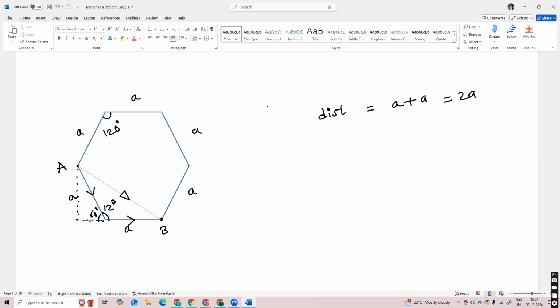Since this was 120 degrees, this angle is 60 degrees, and therefore this angle is 30 degrees. So from basic trigonometric ratios, for this 60, 30 and 90 degree triangle,